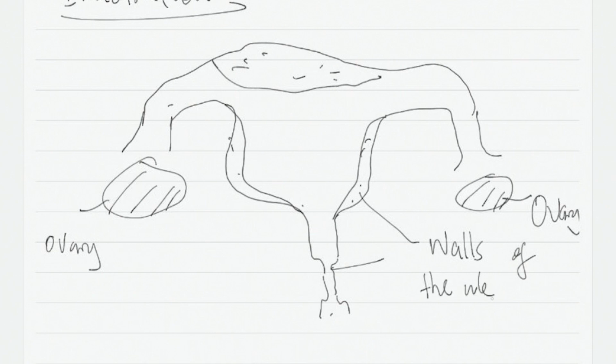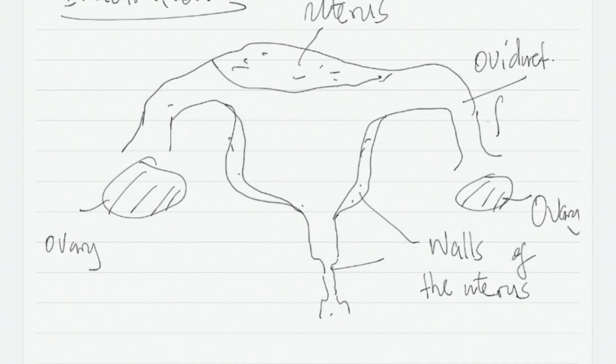This is known as the walls of the uterus. Similarly, this part is also the uterus. This one is known as the oviduct. The other name for the oviduct is the fallopian tube. Fallopian tube. So, we also have this part,